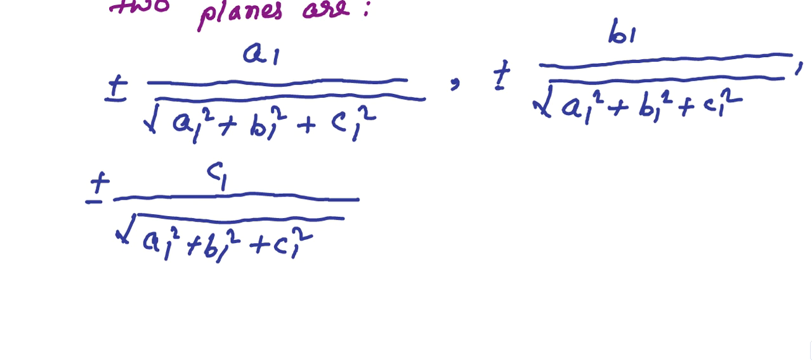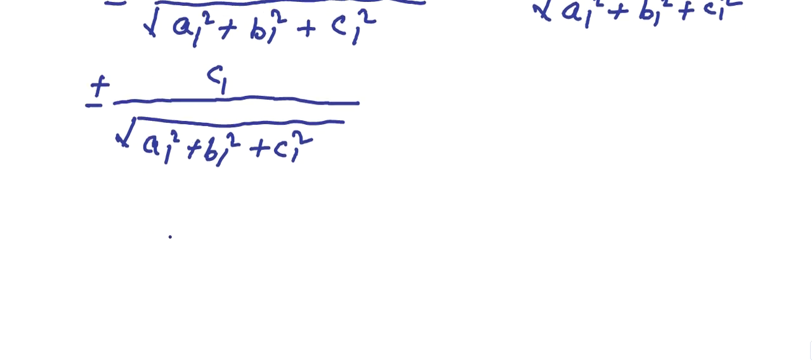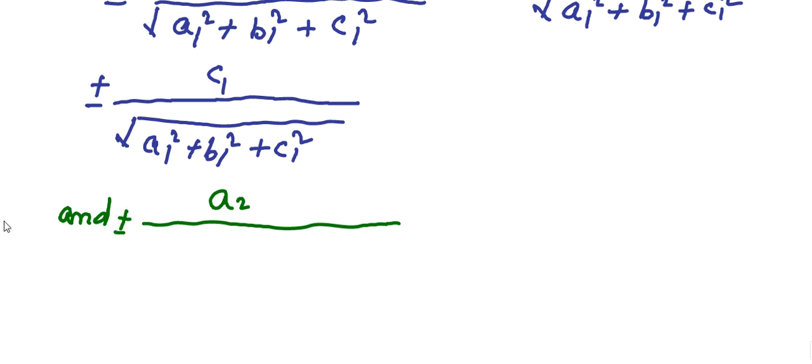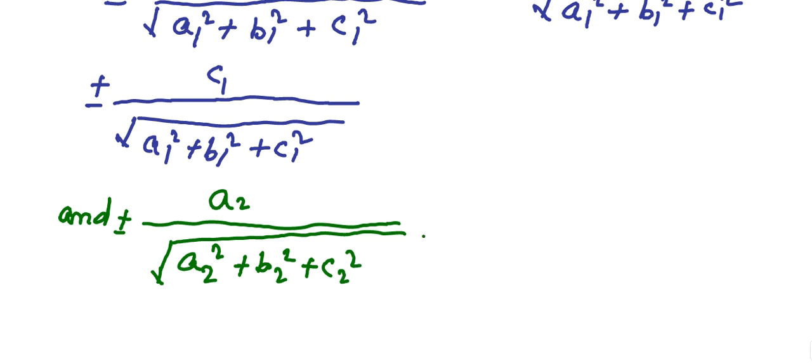For a2x plus b2y plus c2z plus d2 equal to 0, what will be the expression? So let's write: a2, it also contains plus minus, there a1 square b1 square, so it is wrong. So what can we write? A2 by under square root a2 square plus b2 square plus c2 square, comma,